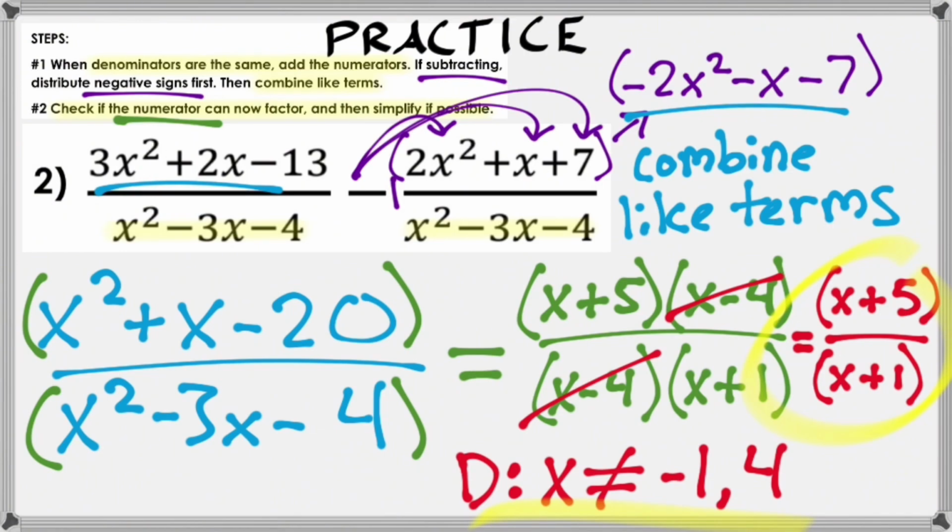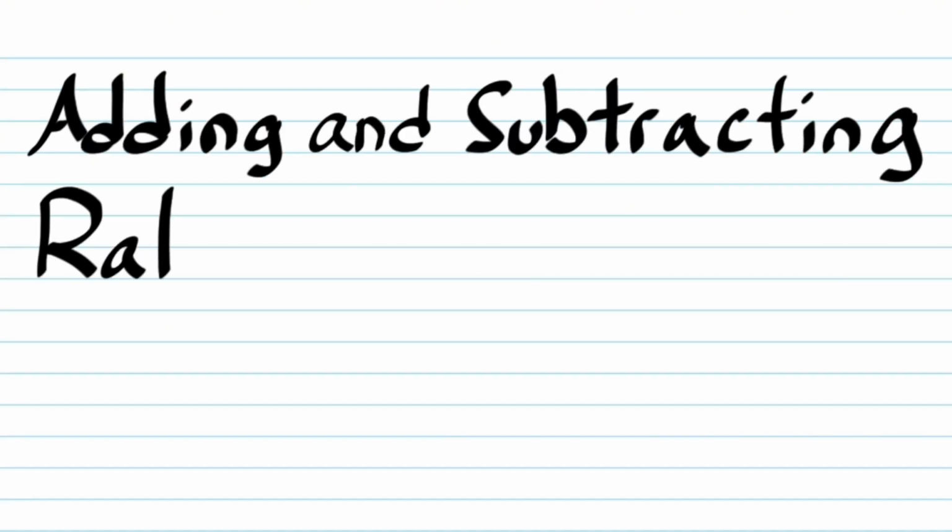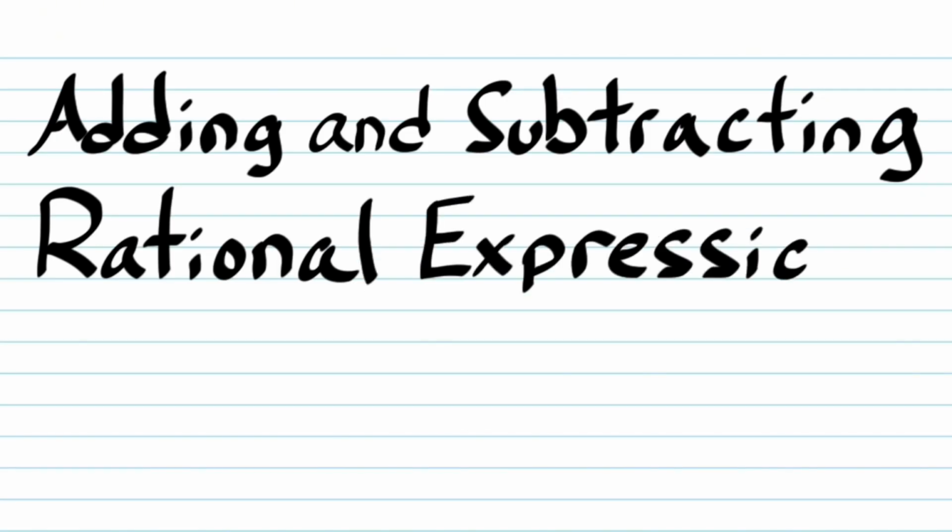We have the removable discontinuity at positive 4. It's always the opposite number of what you see in the binomial. And then the x plus 1 means that negative 1 cannot be included in the domain. All right, this is actually going to be a 2-for-1 special here because what we have to do now to